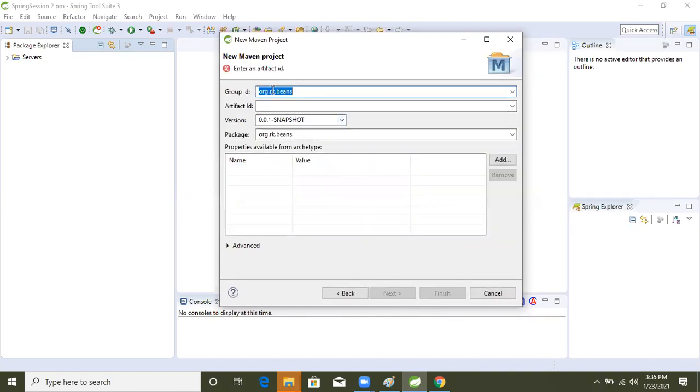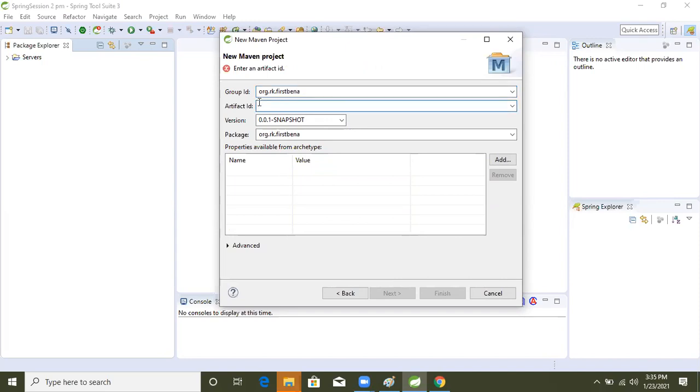Now here, group ID means in which company's application you are going to build. Whenever we build it, based on this name our application will be created. So just org.rk dot first bean, right.